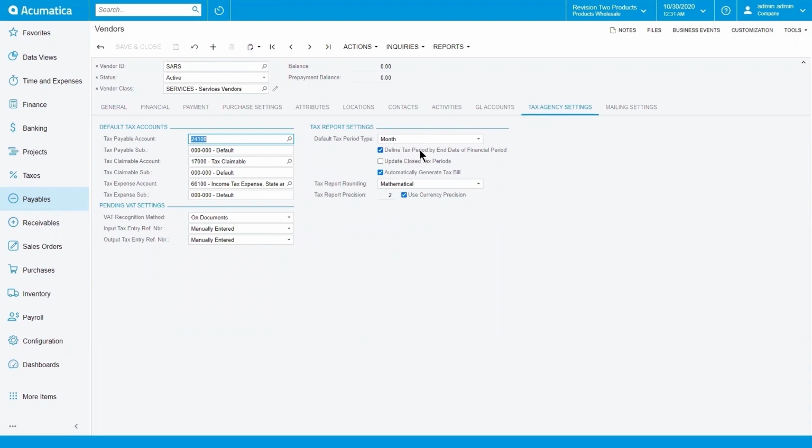Define tax period by end date of financial period: a checkbox that indicates, if selected, that the taxes calculated for a taxable document are reported to the tax period to which the end date of the document's financial period belongs. Update the closed tax period: a checkbox that allows, if selected, the updating of closed tax periods with data from new documents associated with the